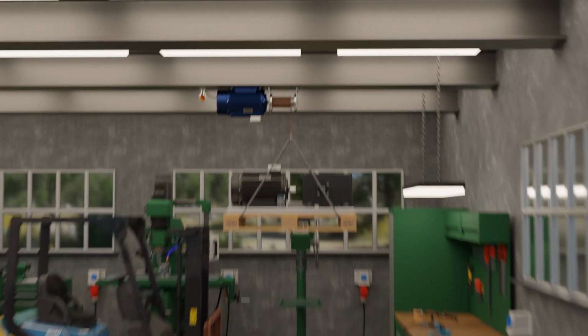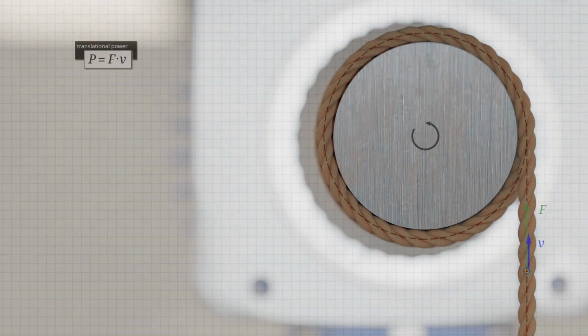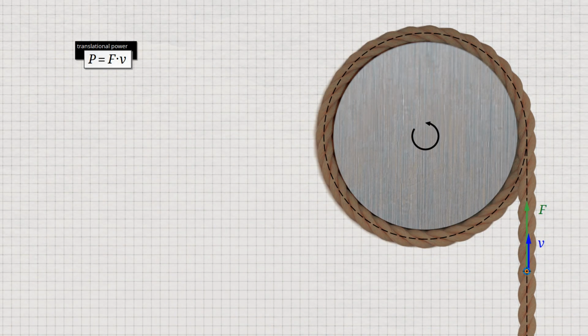This time, however, the rotational motion of the winch is examined in more detail. Let's take a closer look at the movement of the rope as it is pulled up. The linear upward movement of the rope is converted into a rotational movement by the drum. However, the speed of the rope does not change. For example, if the rope were to wind around the drum faster than the upward movement, the rope would be stretched and eventually break.